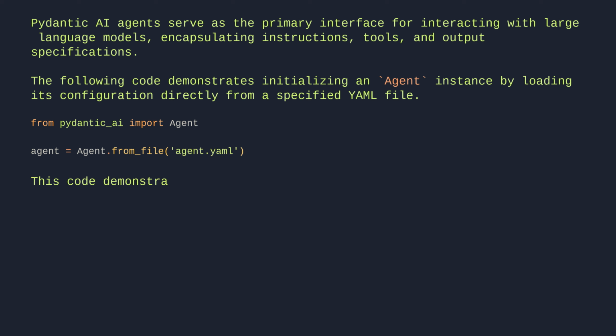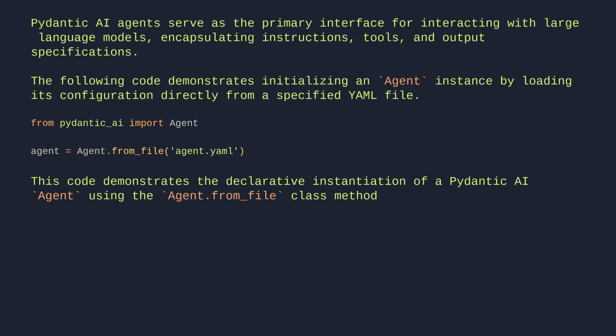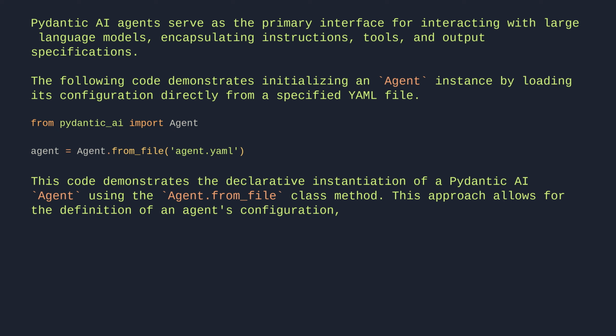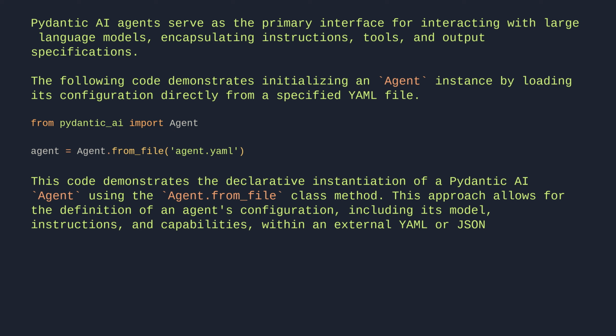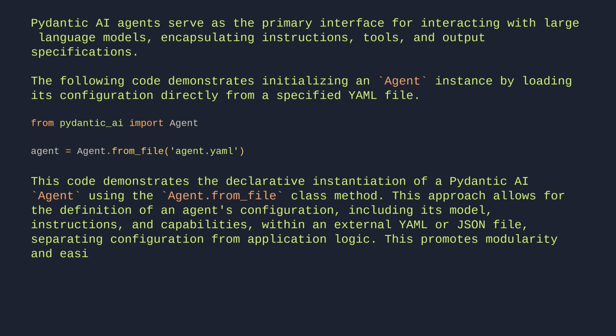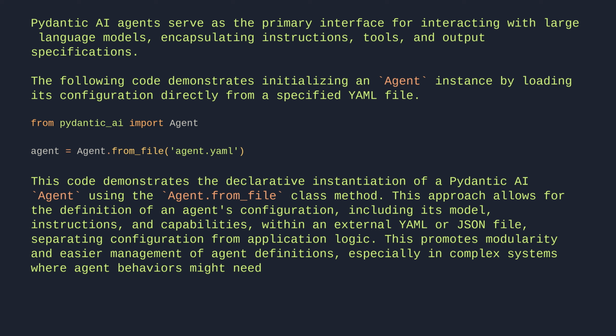This code demonstrates the declarative instantiation of a Pydantic AI agent using the Agent.from_file class method. This approach allows for the definition of an agent's configuration, including its model, instructions, and capabilities, within an external YAML or JSON file, separating configuration from application logic. This promotes modularity and easier management of agent definitions, especially in complex systems where agent behaviors might need frequent adjustments